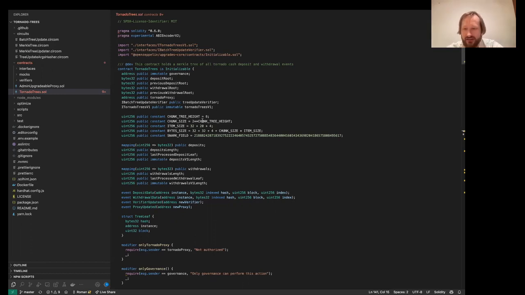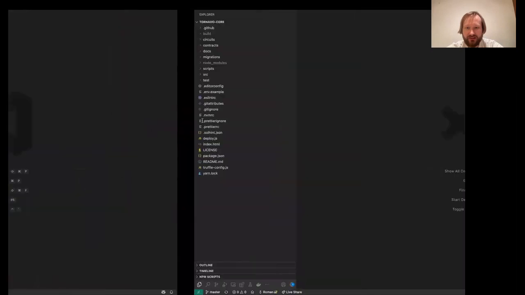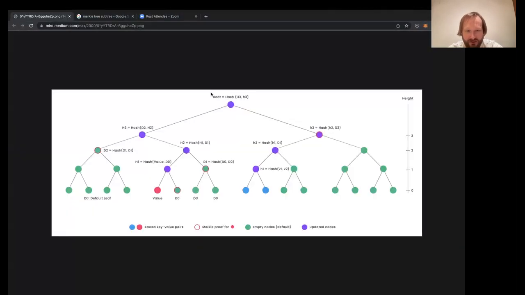In this case, we can, let me show a simple picture of a Merkle tree. Don't pay attention to the labels. I just pulled the first image of a Merkle tree that I found. So let's imagine we have a large Merkle tree, and what we upload are subtrees of the same size. So we upload one subtree, then in the second transaction we will upload a second subtree, and then the next one.